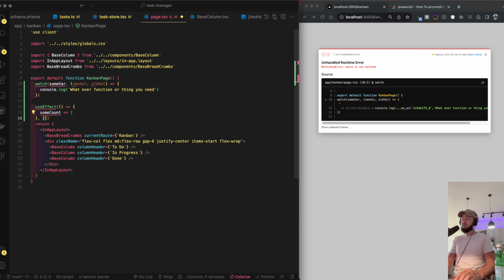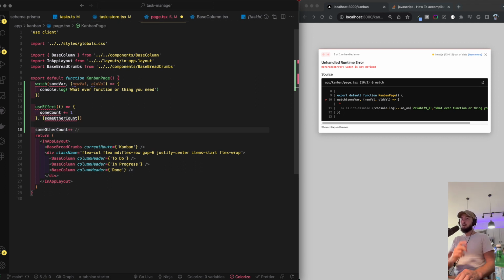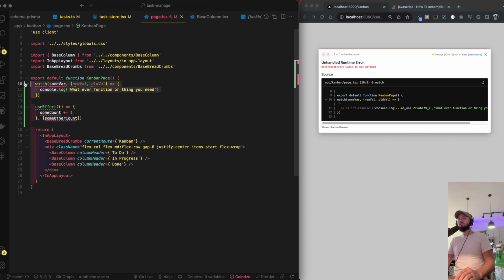If you put a dependency array here, it would only run through one time. It would only run through the code, or at least the useEffect, once. But even to that, you could have some other count, which would trigger some count. So if some other count got affected outside of the useEffect, it would then trigger some count. So it kind of acts like a subscriber in some sense, and maybe that's what we want to use to check the filtered